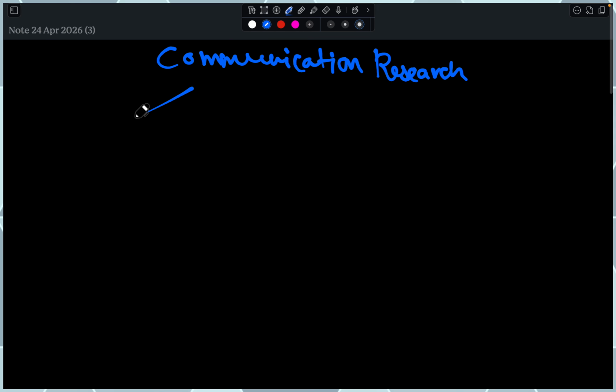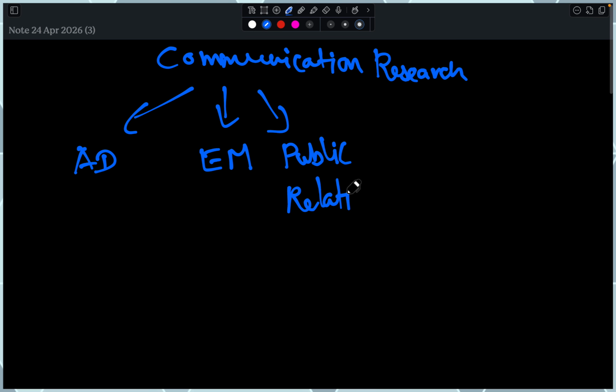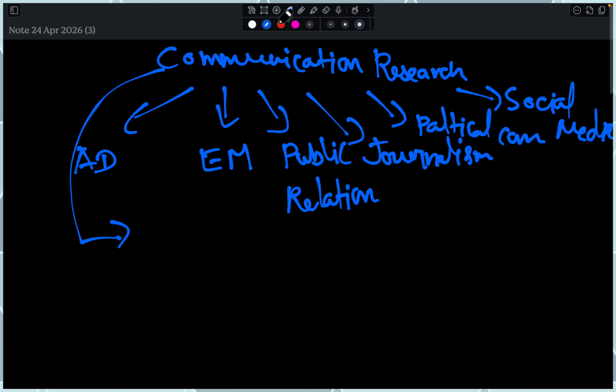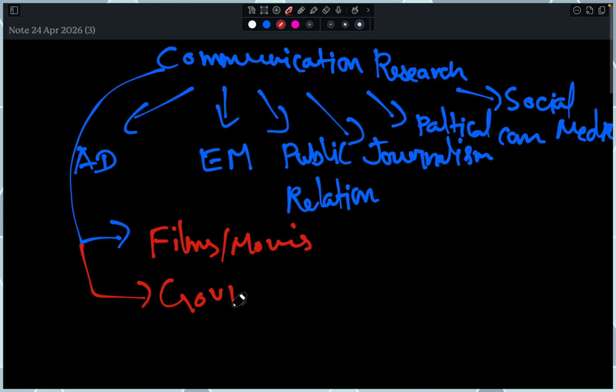So, when it comes to communication research, there are many fields. For example, you can work on advertising, event management, public relations, journalism, political communication, social media, movies, films, government communication, radio.